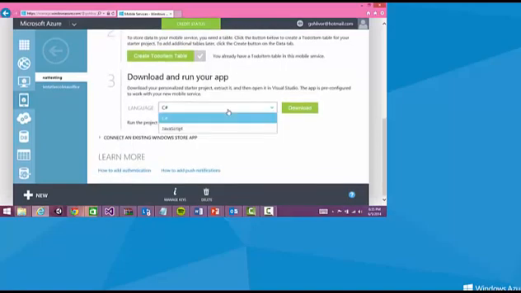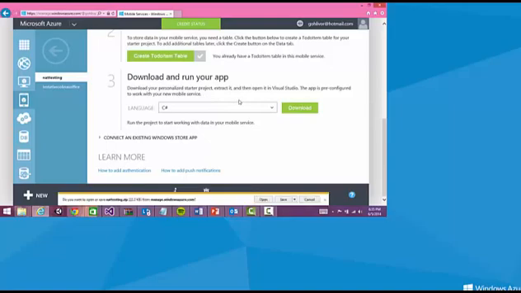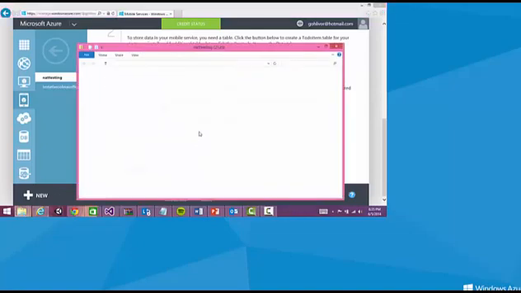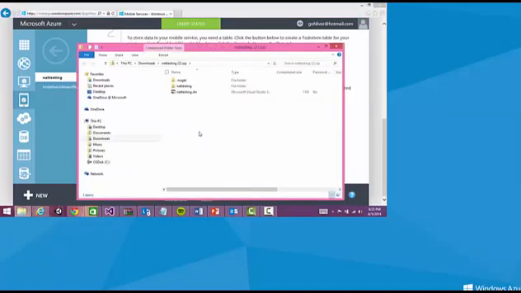And let's leave it at C#. So you can go ahead and download that. So I'll download it again. And you want to save it and then go take a look at it in the File Explorer. So what we've done is we created a table, and it was created in the database that we already made. So when you see it here in your downloads folder,